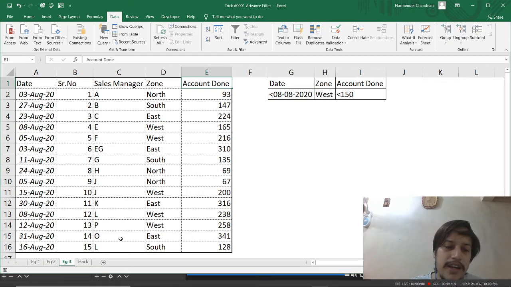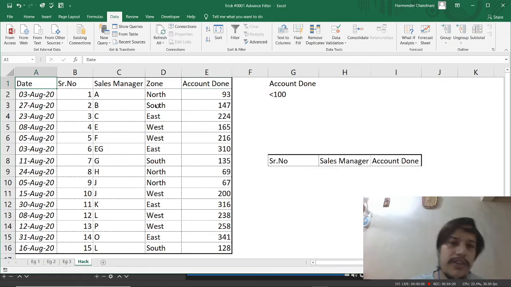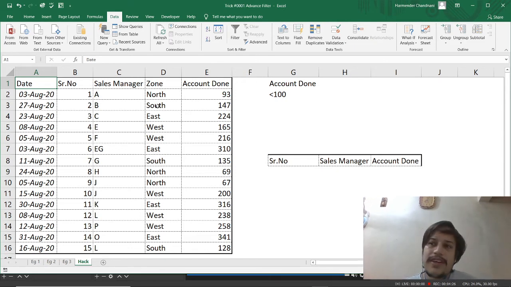And the last hack we have here for the advanced filter. Now suppose I am the head of the sales department of that particular company, whatever the company is, and I have data, but I don't want the majority of the data. I just want the serial number, that is the employee ID of that person, and the sales manager name, and how many accounts they did.